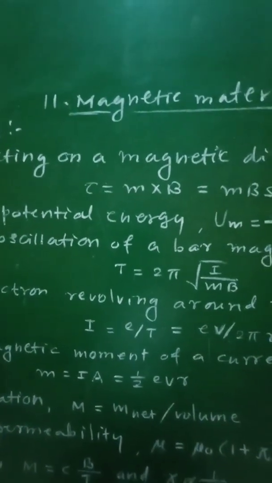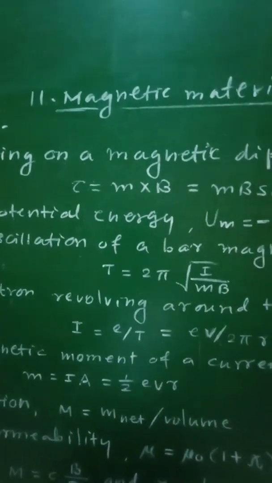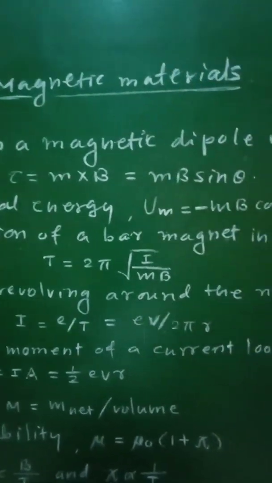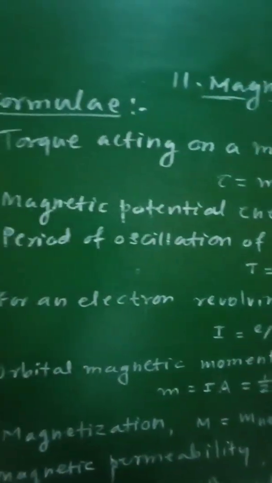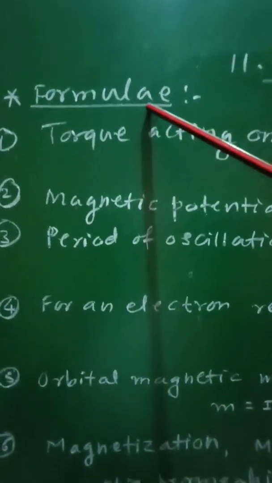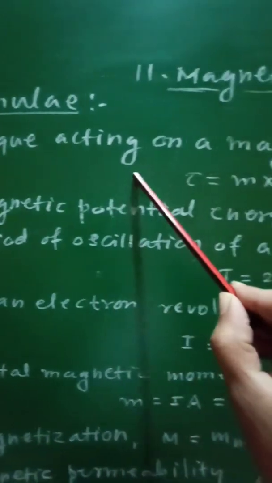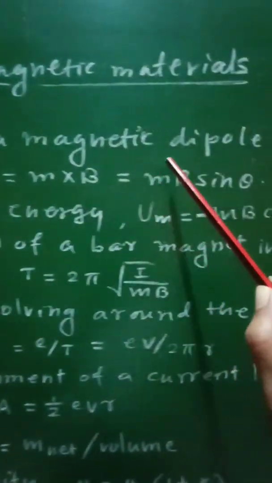Class 12th subject physics, 11th chapter magnetic materials. From this chapter, let us see some of the formulae. First formula gives the torque acting on a magnetic dipole